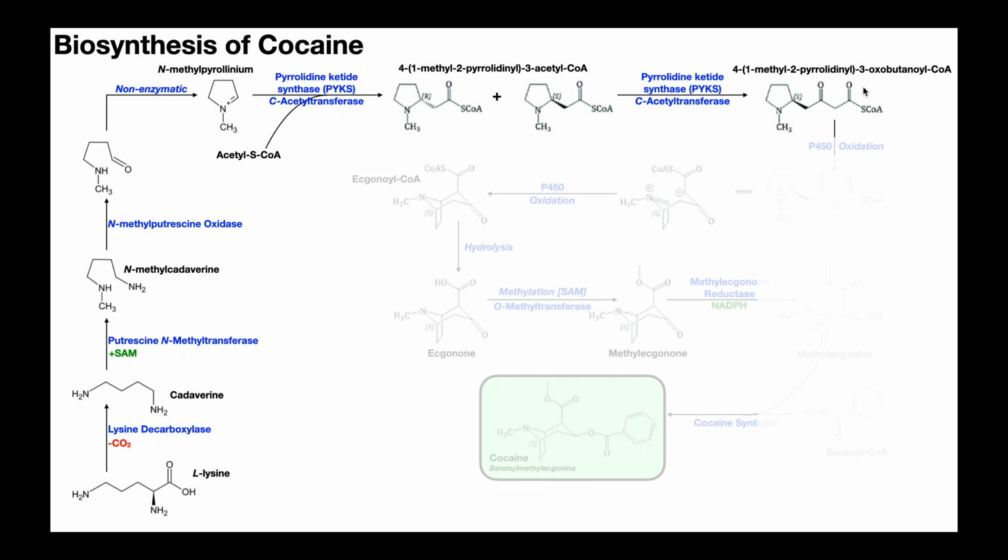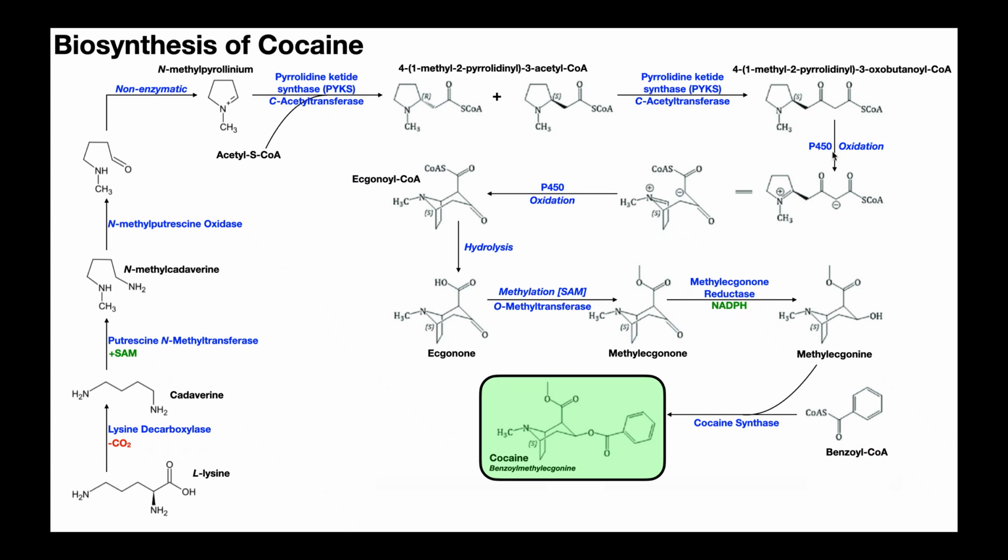And you essentially form this acetyl-acetyl-CoA type of derivative right here, which has the name 1-methyl 2-pyrrolidinyl 3-oxobutanoyl-CoA. Oxobutanoyl is another name for acetyl-acetyl-CoA. This molecule is then going to be oxidized by a P450 type of enzyme. Essentially what's going to happen is this nitrogen-carbon single bond is going to be oxidized into a Schiff base right